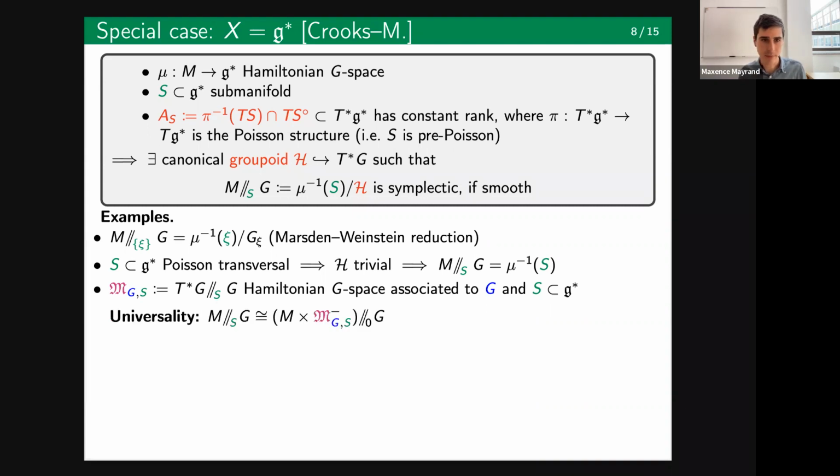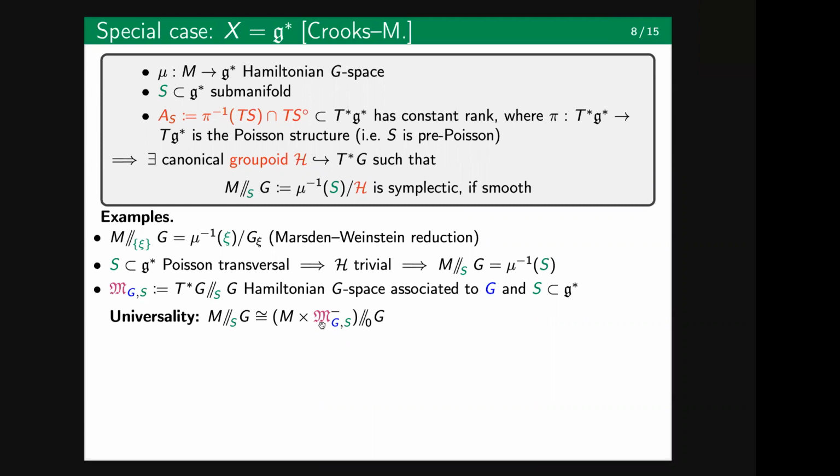And it's a nice universal space for Hamiltonian reduction, in the sense that any Hamiltonian reduction along this S can be factored through usual symplectic reduction at level 0 of a product of M with this universal space. So it's kind of a nice construction where you can just take...